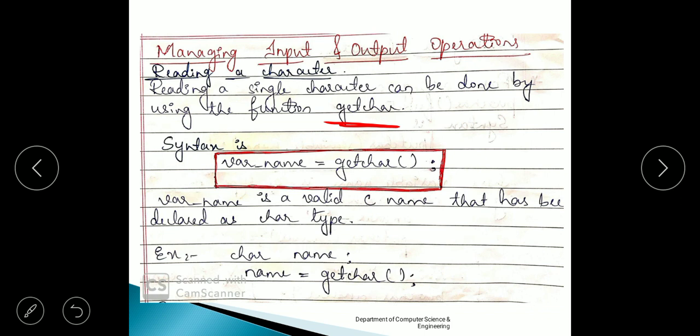You know how to declare a variable, right? So you have to follow all those rules, and that has been declared as character type. So the variable name should be of character type. We cannot declare it as integer or float. It should be of character type because we are going to accept only characters. The function is getChar.